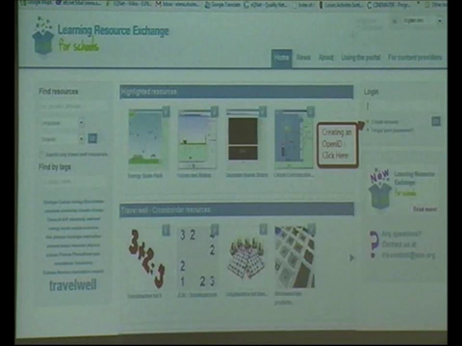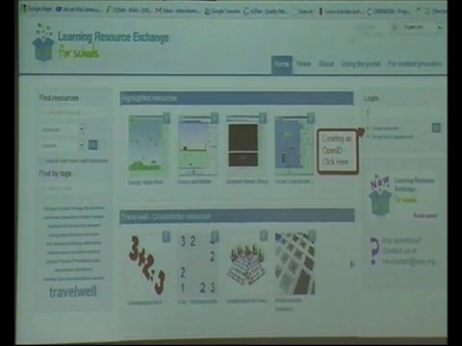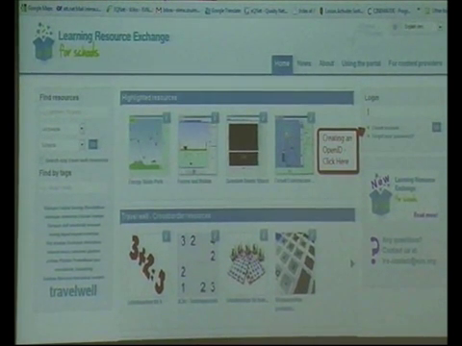This is a portal that was done by European Schoolnet. European Schoolnet is a network of ministries of education who work together to promote ICT in education and math, science and technology.